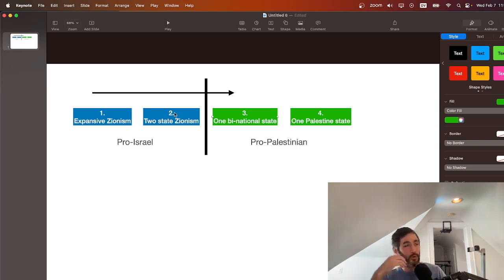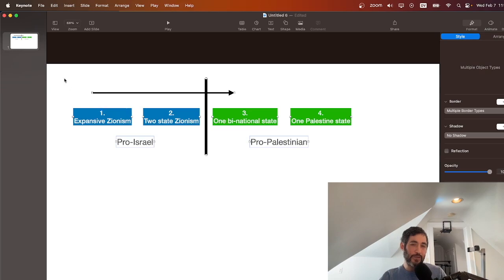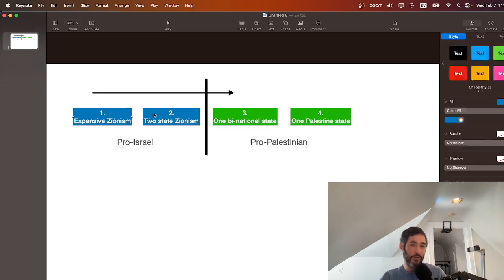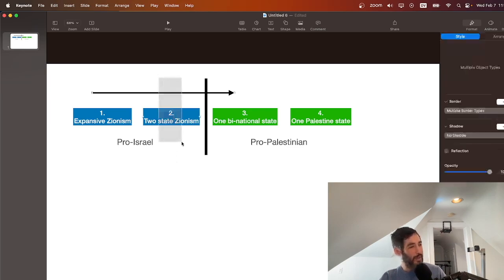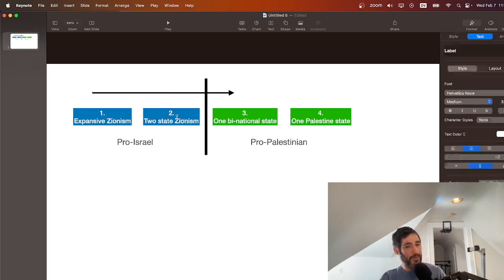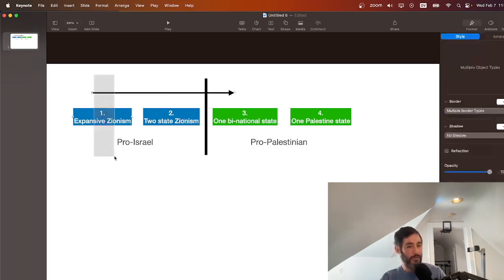So does it enjoy more international support? Yeah. But that might be changing, is what I'm suggesting. The other piece, though, before we even move on a little bit to my education, is the way in which these two play off each other in a really complicated, interesting, and important way. If you read this history, if you read the politics, if you read the discussions, what happens is that two-state Zionism gives cover, gives legitimacy to expansive Zionism.